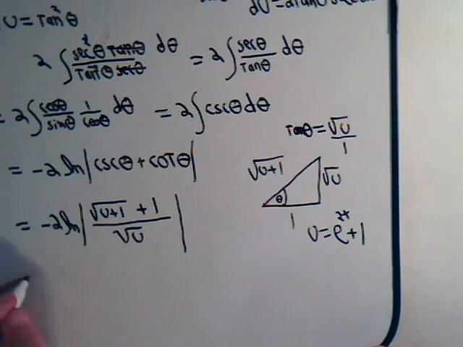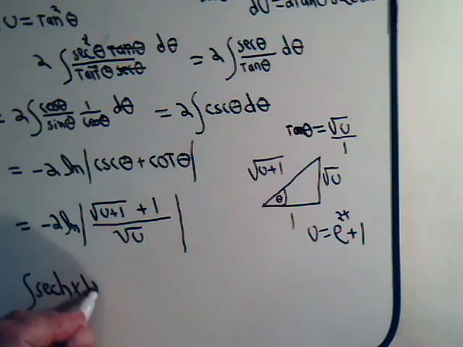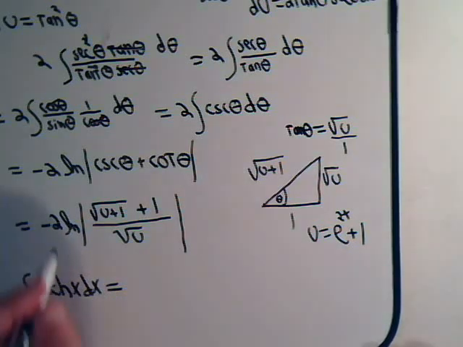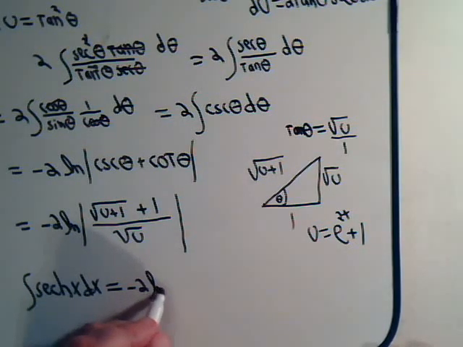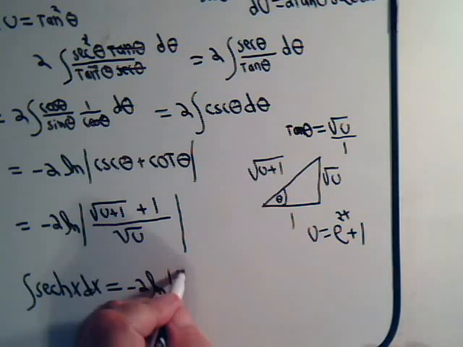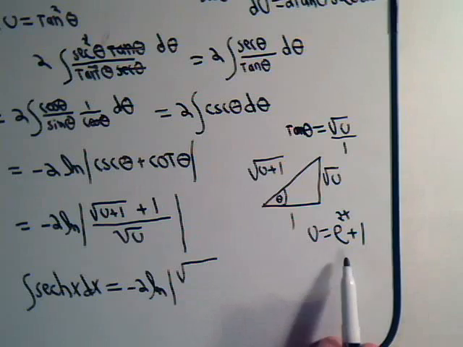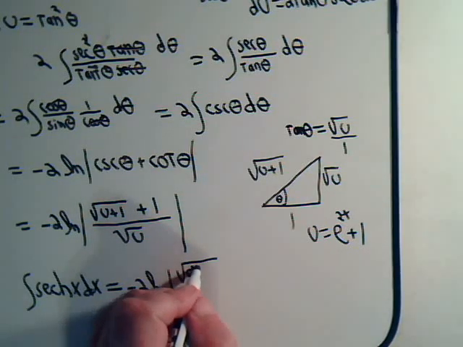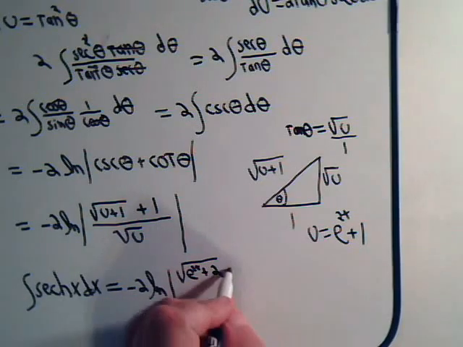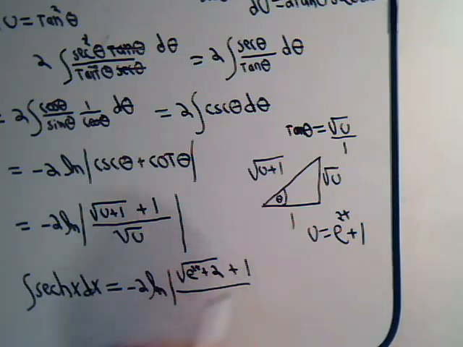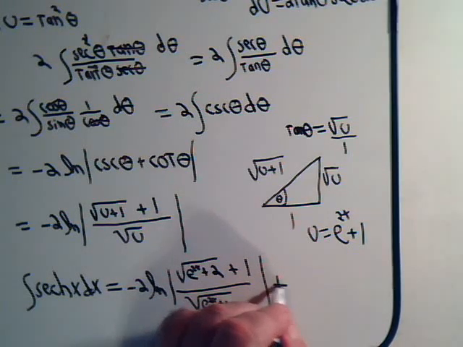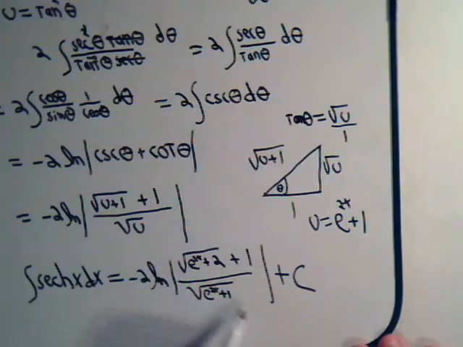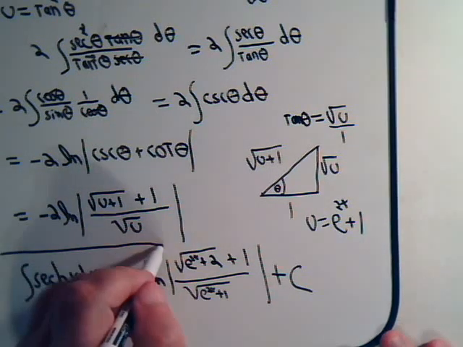So we have the integral of the hyperbolic secant of x dx will equal minus 2 times the natural log of the square root of u plus 1, that would be the square root of e to the 2x plus 1, plus 1, divided by the square root of u, that would be the square root of e to the 2x plus 1, plus an arbitrary constant. And you might be able to manipulate this a little bit more, but the problem is